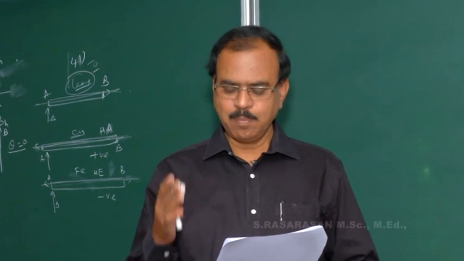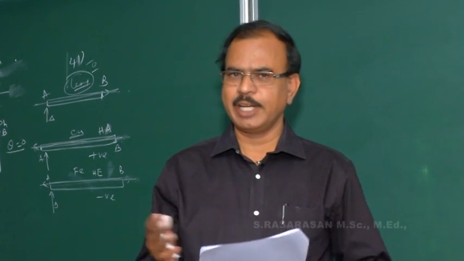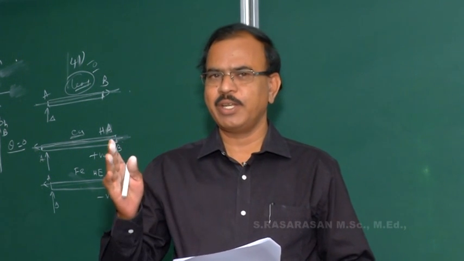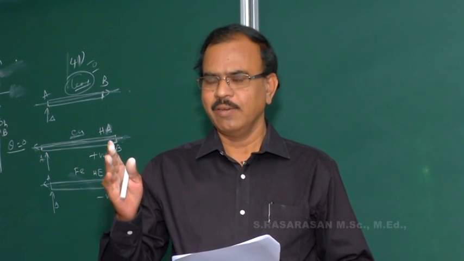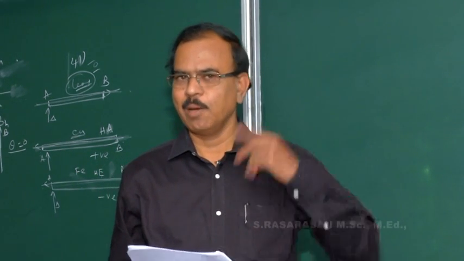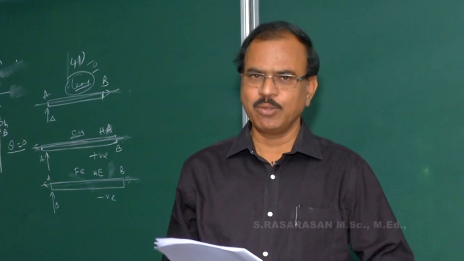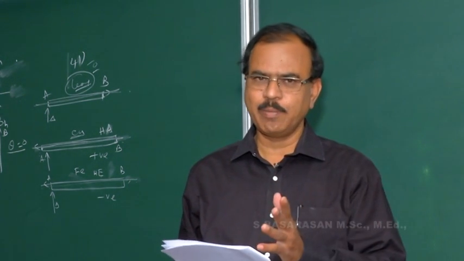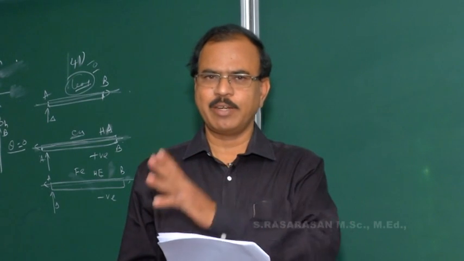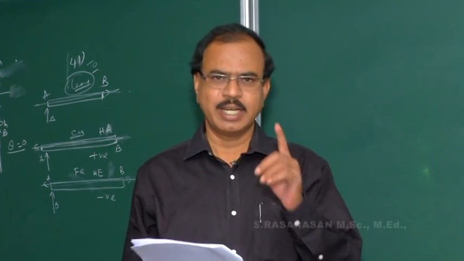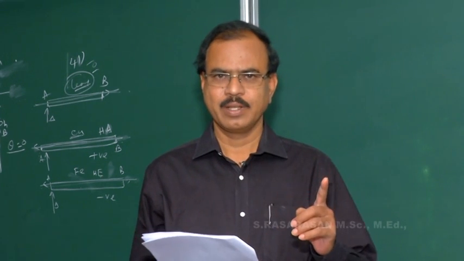Iron, platinum, bismuth exhibit negative Thomson effect. That is, when current flows from lower temperature to higher temperature, the heat is evolved. When current flows from higher temperature to lower temperature, the heat is absorbed. Copper shows the opposite, the positive Thomson effect. When current is flowing from higher temperature to lower temperature, or lower temperature to higher temperature, there is no absorption of heat, no evolution of heat, that is in lead.